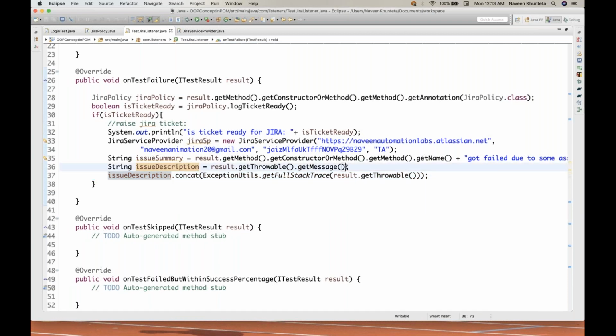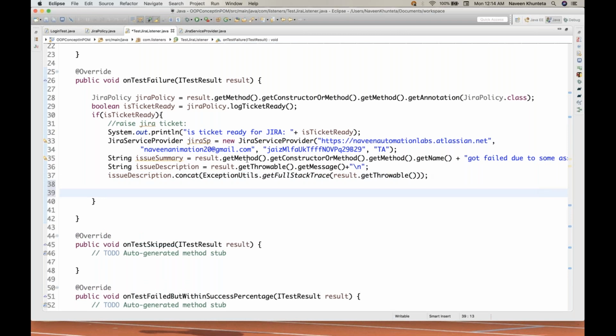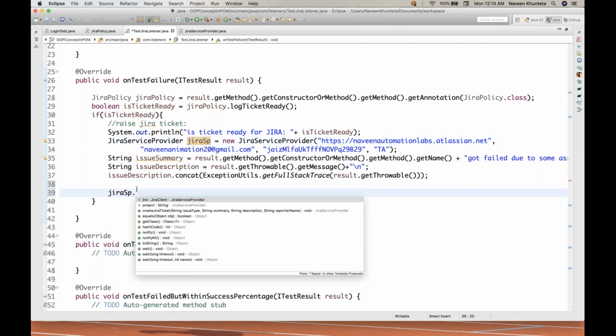So I'll do one thing, I'll simply append with backslash n, so that it will generate a new line, and then it will concatenate, then it will append, right? So once this is done, my description in the summary is ready. So I simply say that whatever the Jira SP that I have created, remember that method, createJiraTicket,